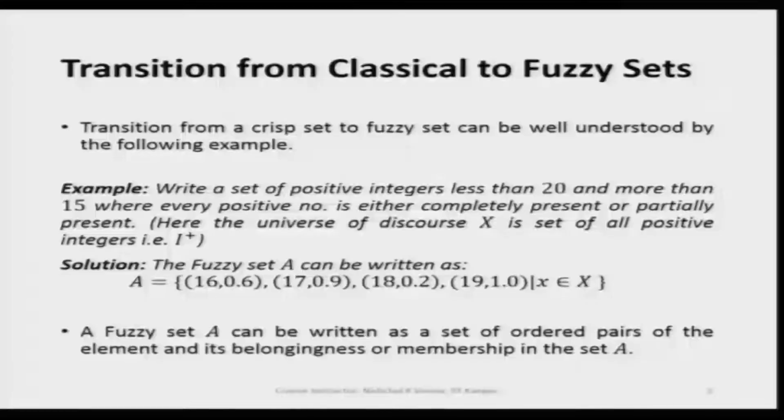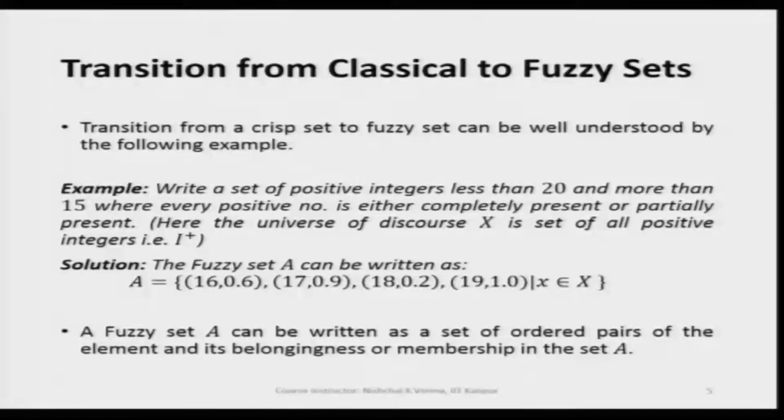These elements will be with their respective membership values. This is needed because otherwise we may not know with what degree these elements are present in the set. So, here